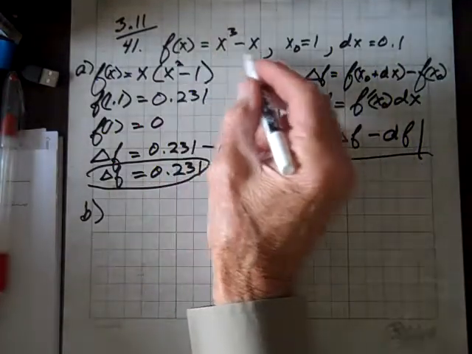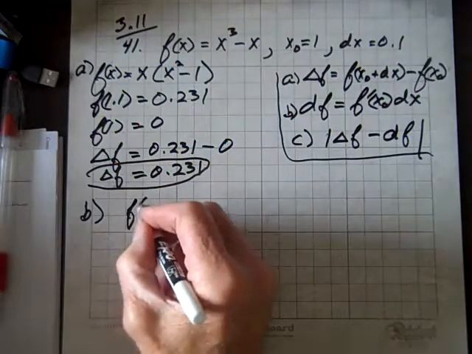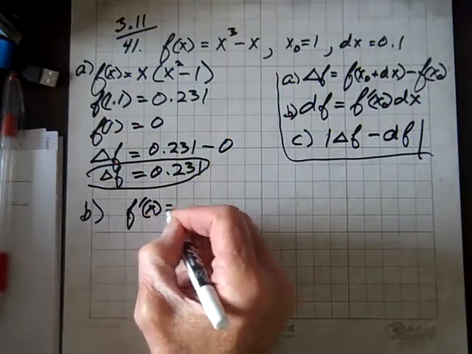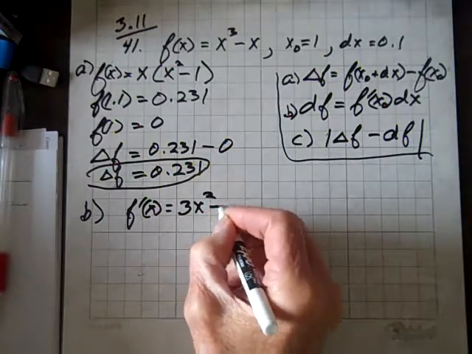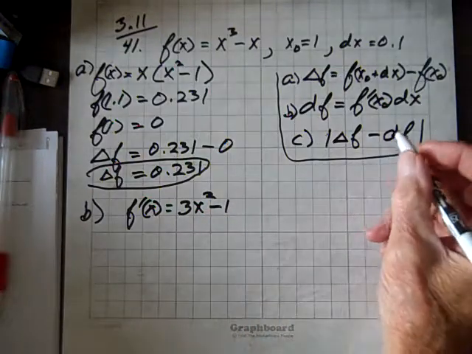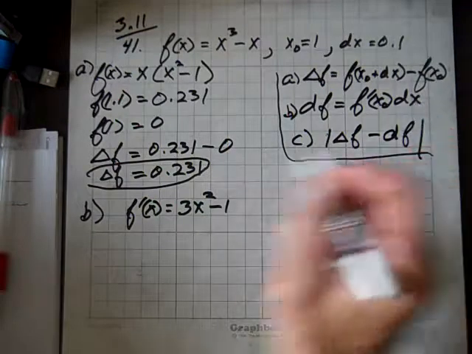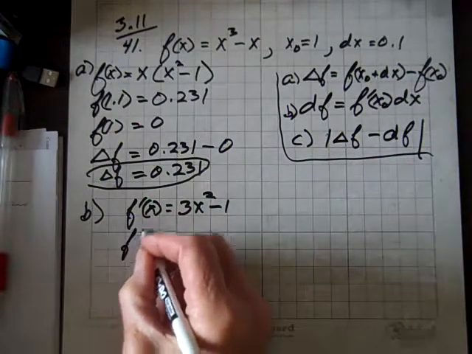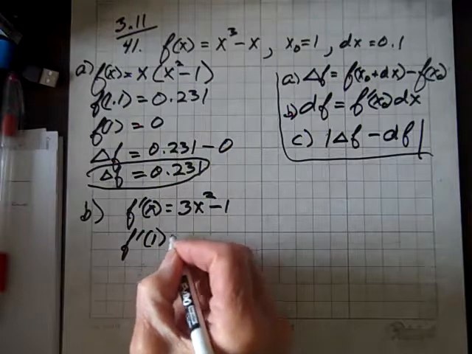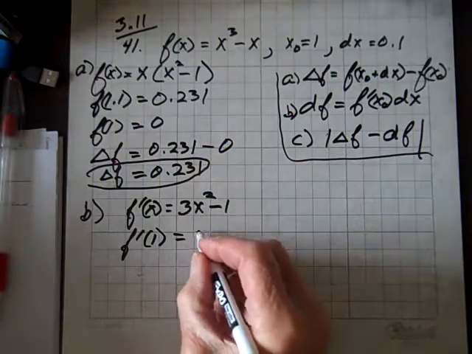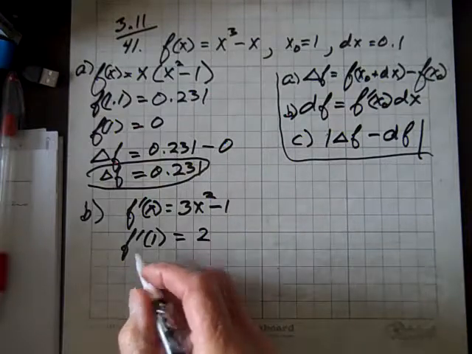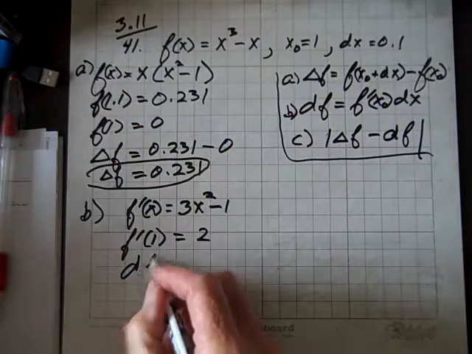So given that f equals this, f prime of x equals 3x squared minus 1. And so f prime of 1, replacing x with 1, we get 3 minus 1 is 2,